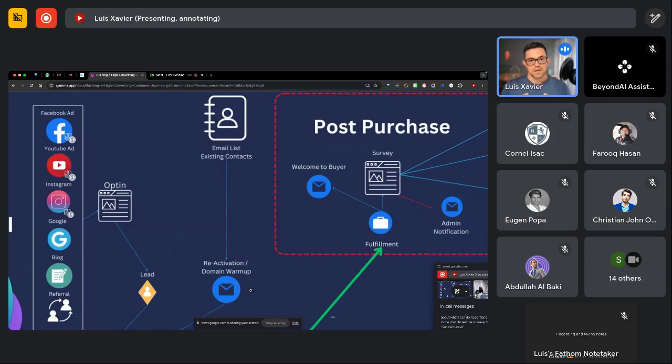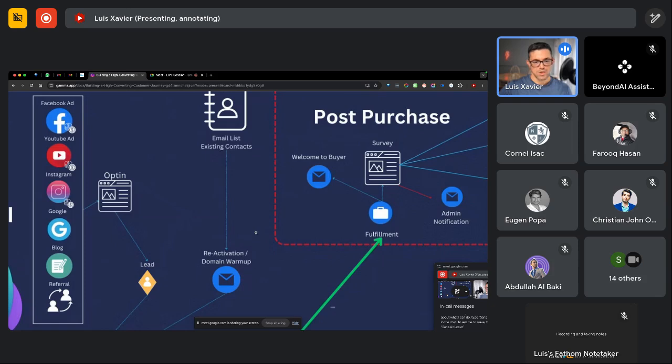I have created the automation for this, so you don't need to manage it manually. You just chuck all the leads inside of this automation, and it will automatically split your list, send it, and do all the magic for you. So you don't need to worry about that at all, which is really cool.